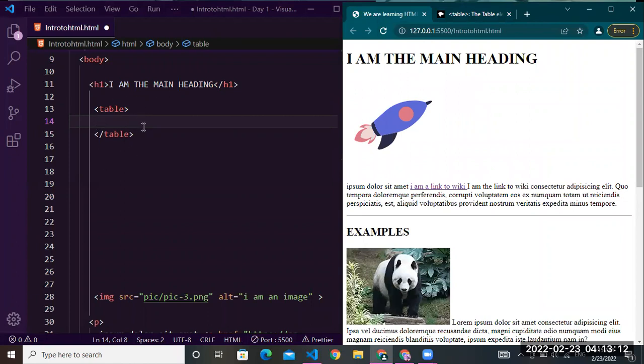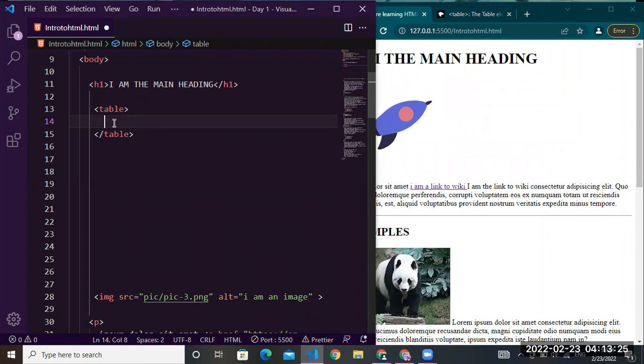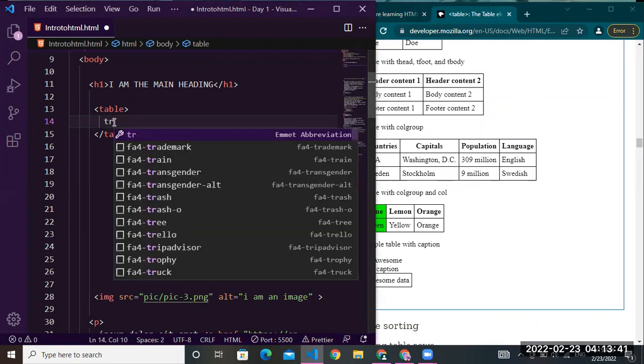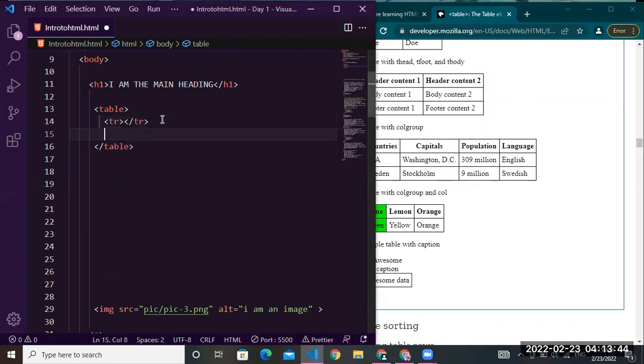And this table element by itself won't do anything. We need other elements to make this table element work. So the first step in entering data into the table is to add rows. And we do that by using the table row element. So let's add rows to our table. Here we have 3 rows, so let's add 3 rows, tr, 1 row, and then another tr. tr stands for table row element,